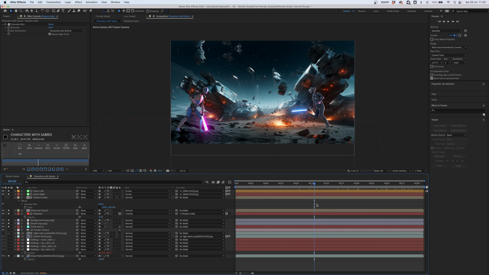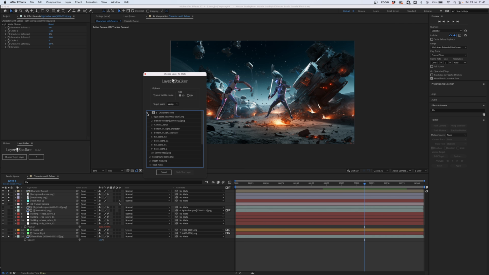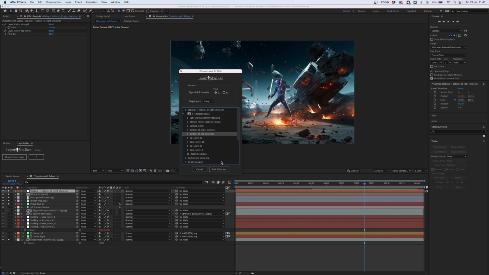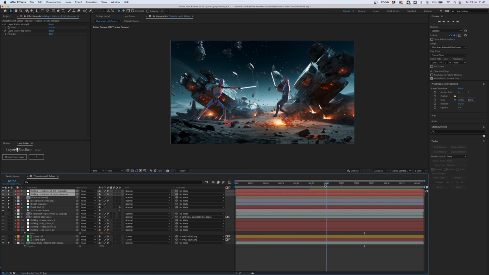Now I'm going to quickly undo that and show you a more complicated but useful way of creating shadows, which might be useful for a project like this or something else you're working on. So I've reverted back to before we've added those shadows, and using the layer stalker effect again, we're going to press choose target, and then inside our character scene, we're going to grab hold of the bottom of the right character that we tracked in Blender and send it over to After Effects. Press stalk this layer, and we get a null for that, and do it again for the bottom of the left character. So we now have two nulls that move around with our characters.